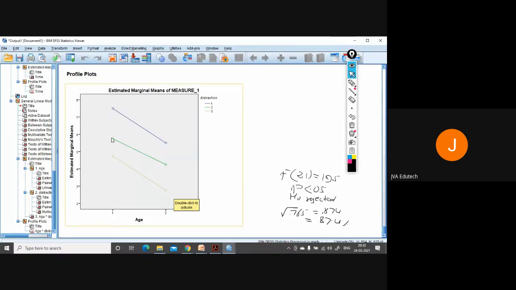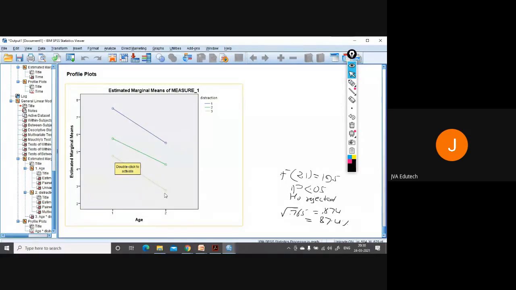Then distraction with open eyes, looking at less distraction, open eyes with less visual distraction, decreases from older to younger adults. And also the third level of distraction, that is more visual distraction with open eyes, decreases from older to younger generation.